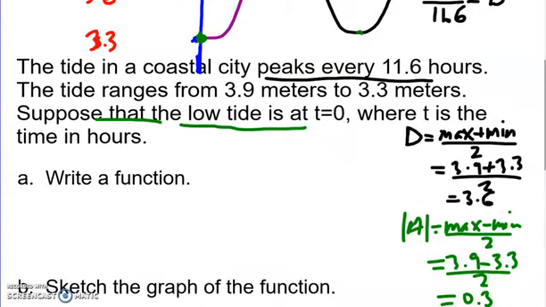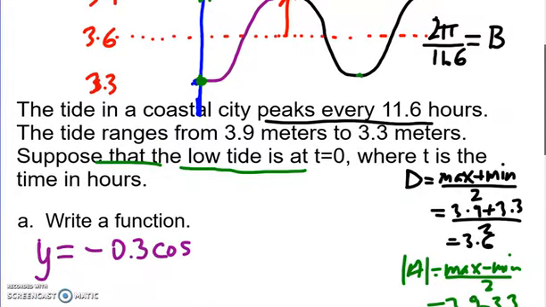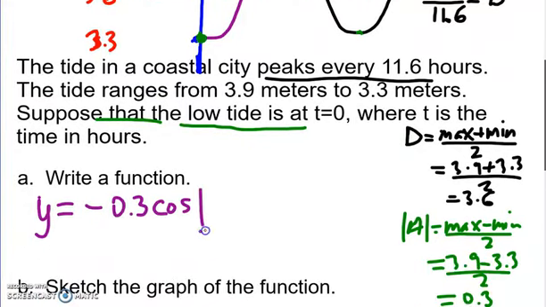So I can write the function now. We could say the tidal height. Let's just keep using y for this. Tidal height is equal to negative, and we have our amplitude of 0.3, cosine, and then our b value, we didn't simplify it, we'll just leave it as,